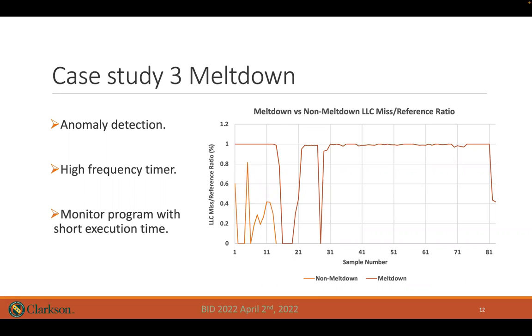Since this program has a very short execution time, less than 10 milliseconds, we use a high frequency timer of 100 microseconds to collect the performance counter data during the program execution to detect the period of the attack from Meltdown. In the graph, we can see a very high cache miss to cache reference ratio, almost 1-to-1, during the point of attack. This is due to the flush and reload side channel attack Meltdown has to rapidly perform to